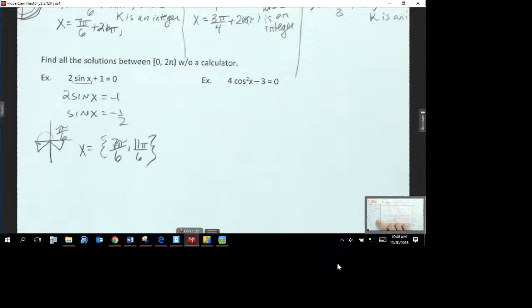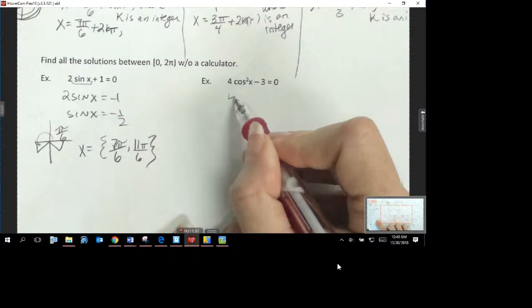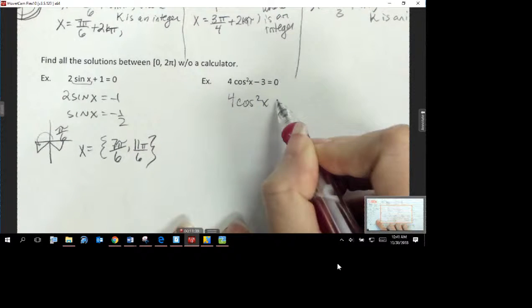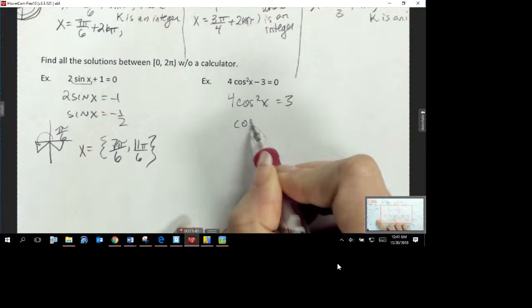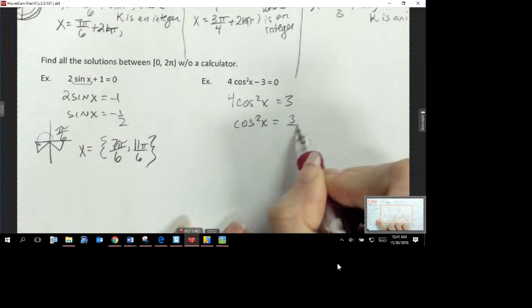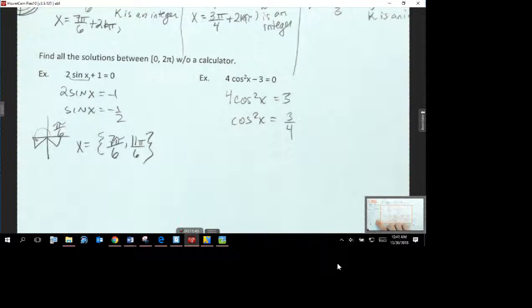So the next example, we're going to add 3 and divide by 4. But we do not know where cosine squared x equals 3/4. We only know where cosine x equals something. So how do I change cosine squared into just cosine? You square root both sides. But if I square root both sides,